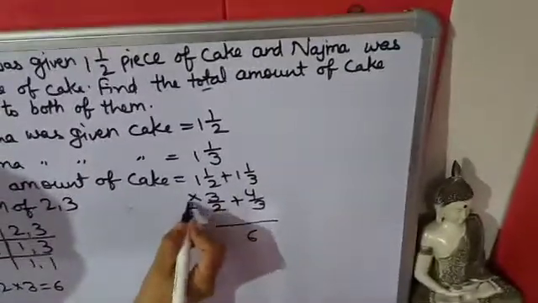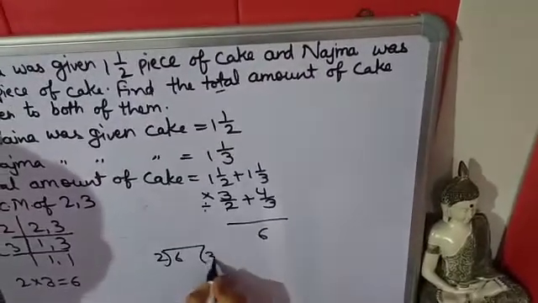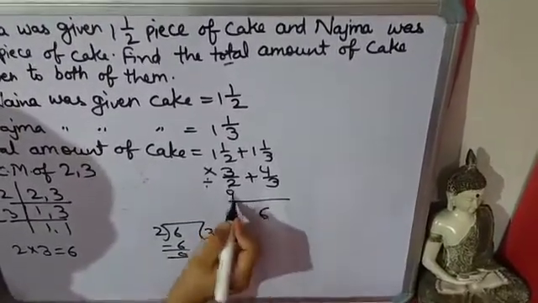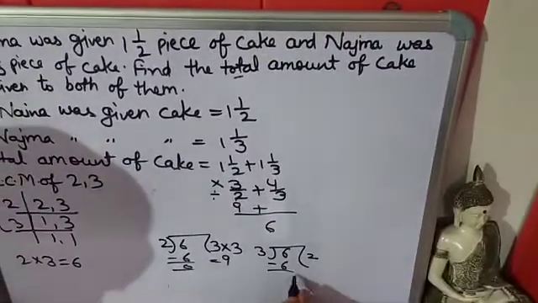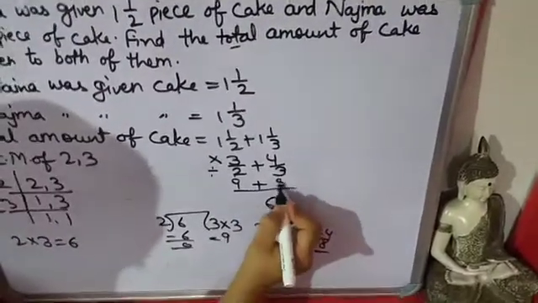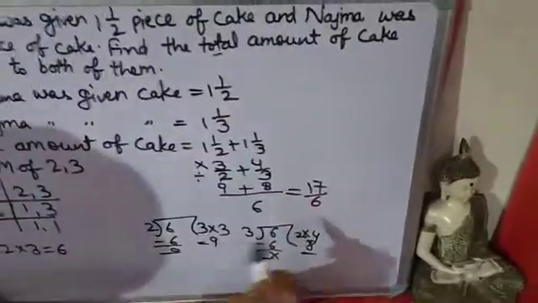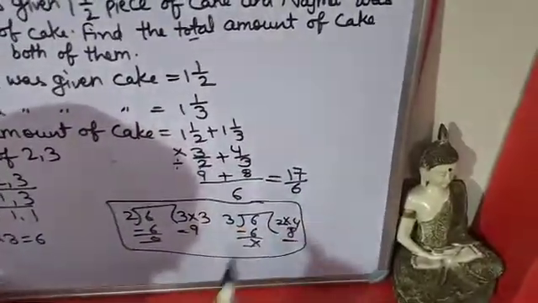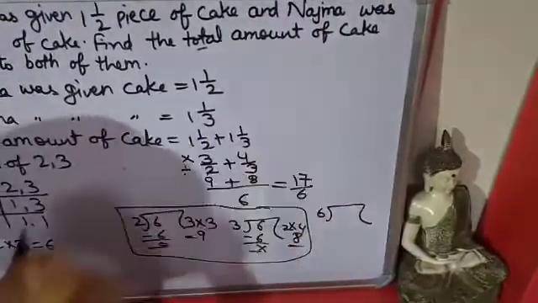For this you have to divide, and with the numerator you have to multiply. 6 divided by 2 will be 3, and this 3 multiplied by 3 will be 9, plus 6 divided by this 3, 3 twos are 6, and this 2 multiplied by this numerator 4, 2 fours are 8, so here 8 will come. 9 plus 8, 17/6. Now the question is in mixed fraction, so the answer will also come in mixed fraction. So what you will do, this work you have to do in rough, and you will convert this improper fraction into mixed fraction, because the question is in mixed fraction.